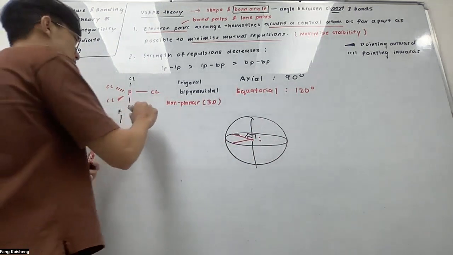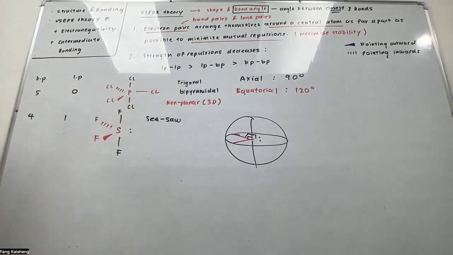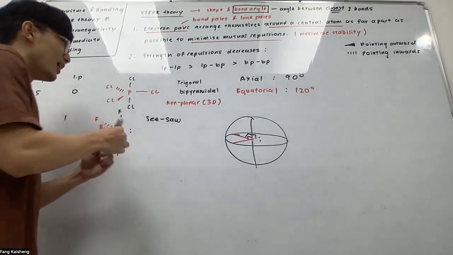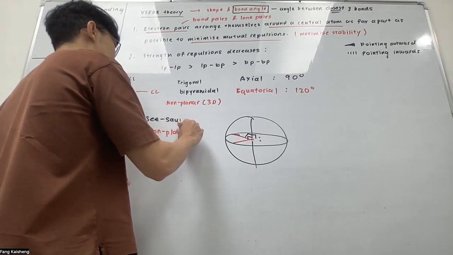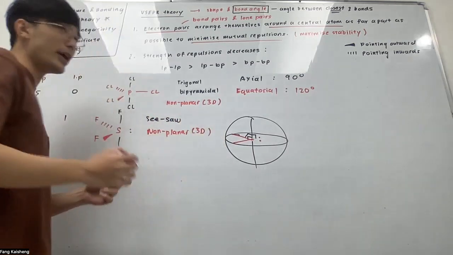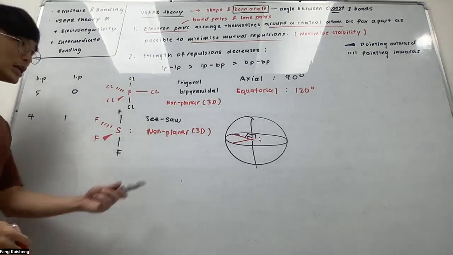It's not flat. Okay, so this is called seesaw. They ran out of names. Yeah, they gave up, right? So they call it seesaw. Anyways, you can call this non-planar and 3D. As for the bond angles, you notice it is the same as whatever we saw just now, because the equatorial is still